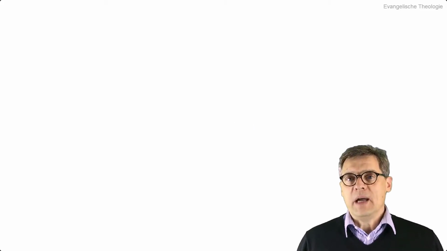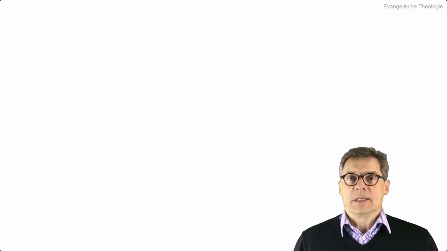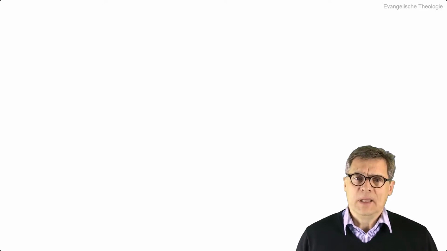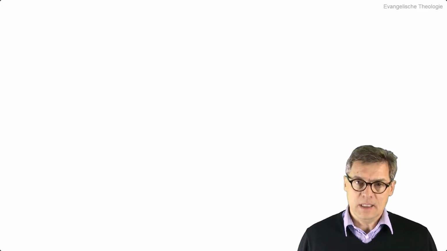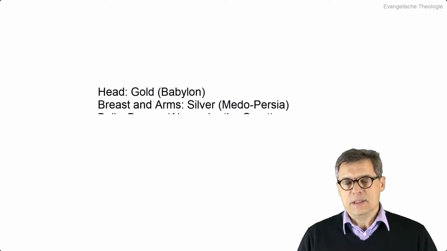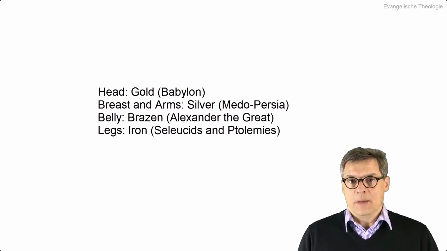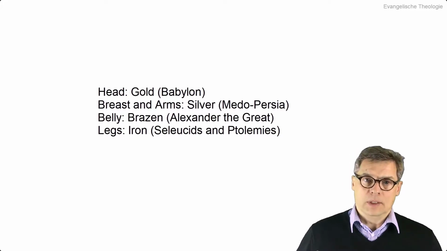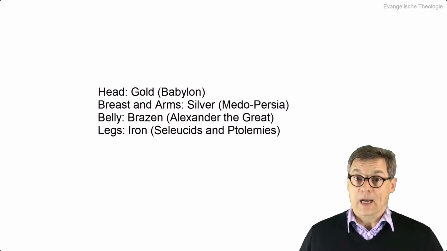Hello. The question we raised at the end of the last chapter was, who are, in the still picture dreamed of by Nebuchadnezzar, the 2 feet and who are the toes? What we can say is that feet and toes are quite different from the material of the rest of the statue. We started at the golden head, then it goes over the chest area with 2 silver arms, then it's about bronze for Alexander the Great, and then it goes to iron, these iron legs for the Seleucid and the Ptolemaic kingdom, so modern Syria and Egypt, if you will.